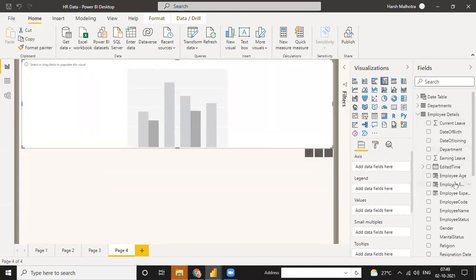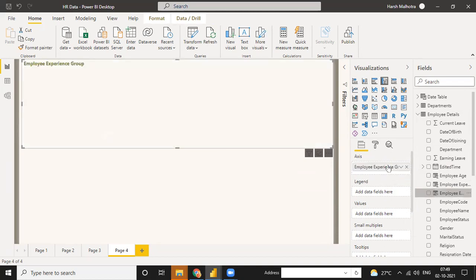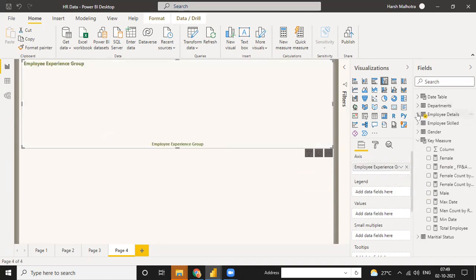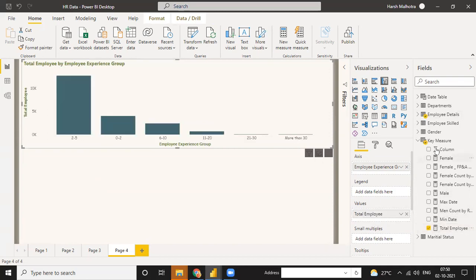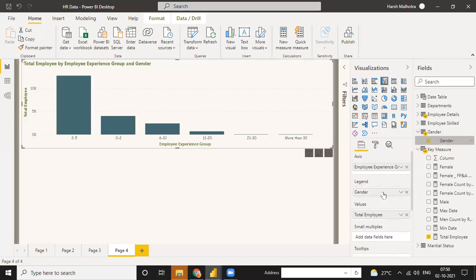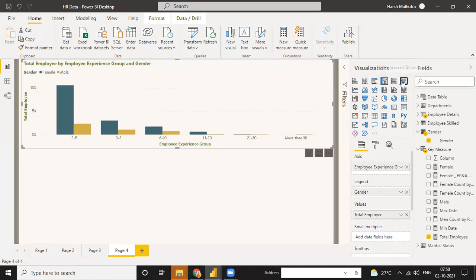And for this, I can use this employee experience group and in the same way the total employees. Or if you need it gender wise, then you can use gender wise region. And you can use either this chart.